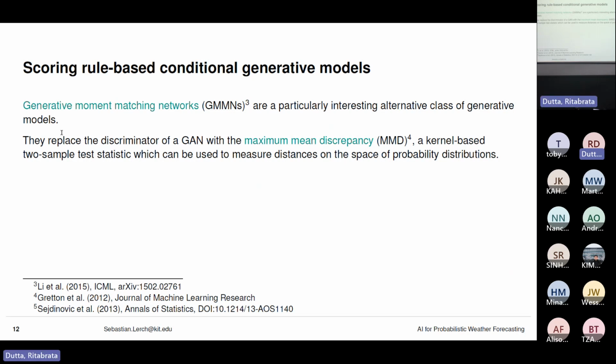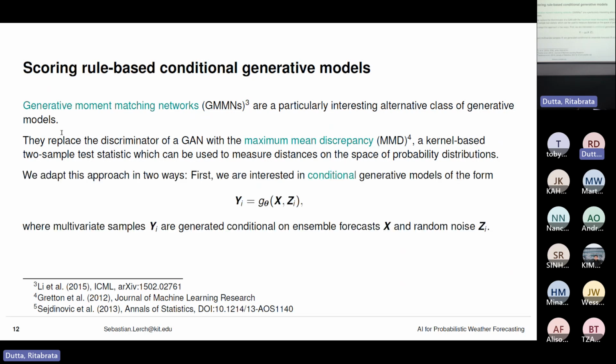That's a sort of subclass of alternative generative approaches. And the core idea here is to replace the discriminator part of a GAN by the maximum mean discrepancy, so a kernel-based two-sample test statistic to measure distances in the space of probability distributions. We take these ideas, you can find all the details in this paper below, and we adapt this first